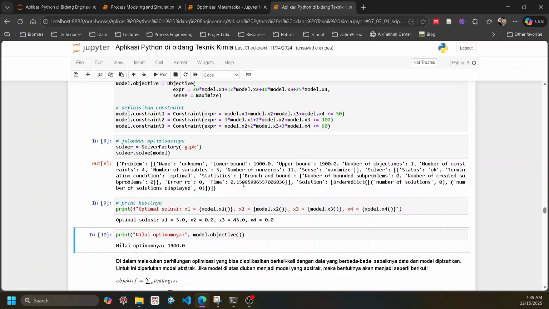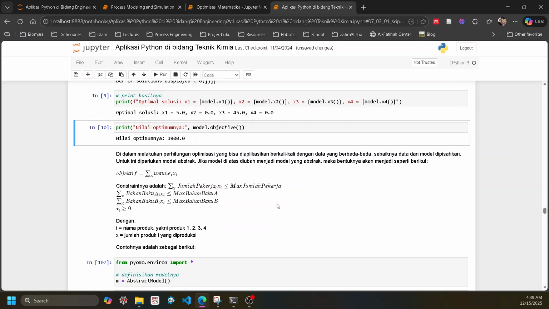But this is basically how you formulate the mathematical formulation for linear programming, and how to solve it with these three approaches. So we will continue next time